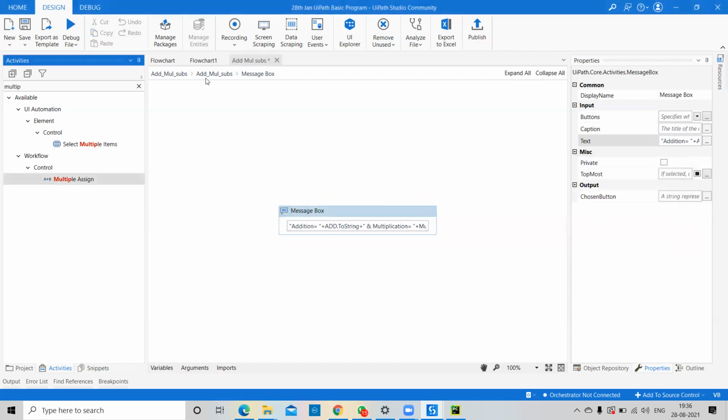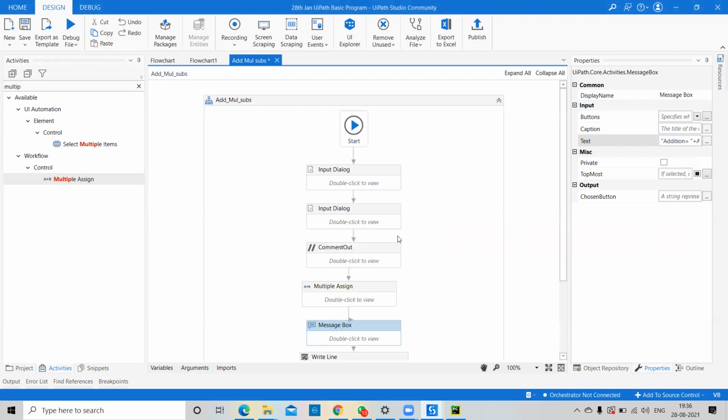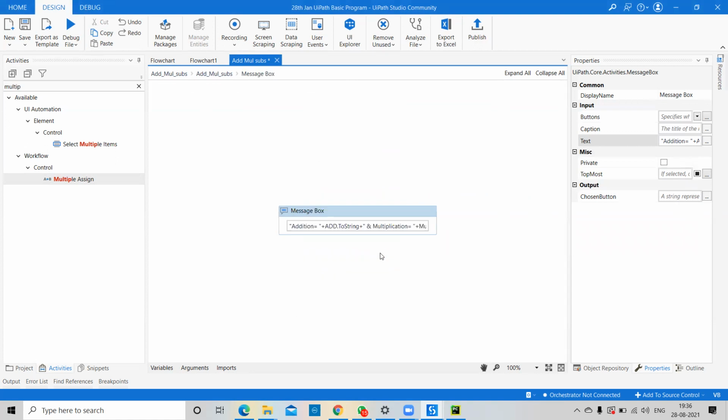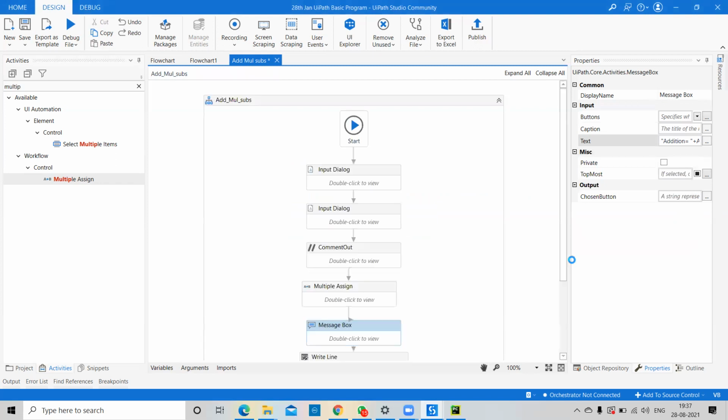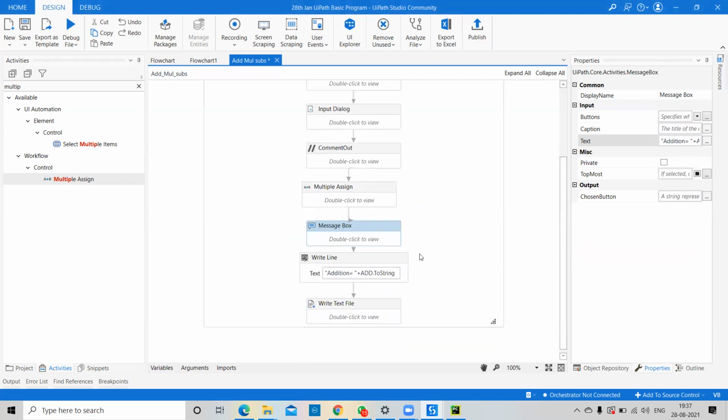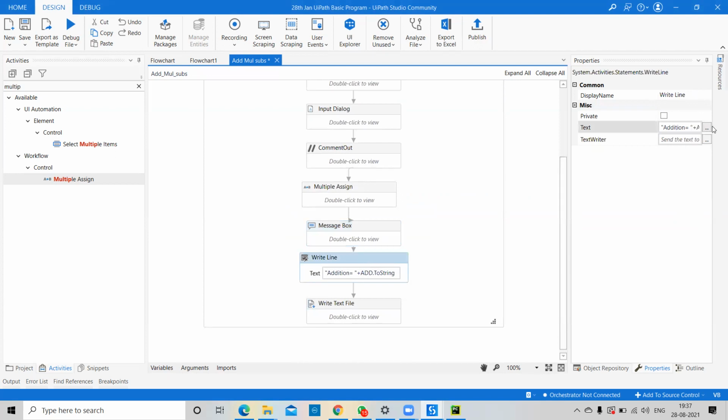Okay, so if we have changed this message box, automatically I'll pass all the data into the WriteLine also, and we can pass this data into the Write Text File also. Ctrl+A, Ctrl+C, and every data I will change. So according to my data and my syntax, everything will work fine.